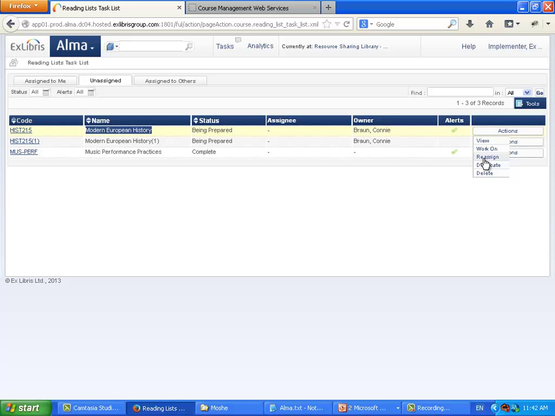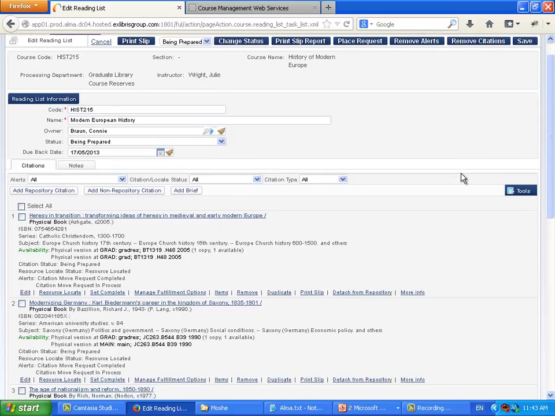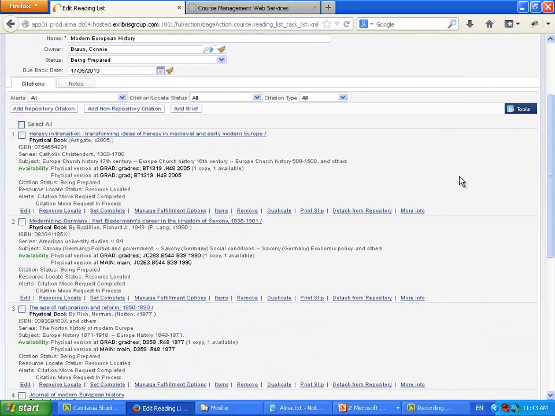Okay, so what's left for us to do is start looking at the citations, which are the main entity that is going to be worked on. Eventually, a task of the operator is to go through this list, make sure that this list is really what the faculty needs, and make sure that everything on this list is made accessible to the students, the consumers of this list. So I can add citations into my reading list,